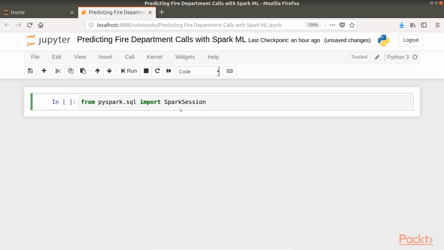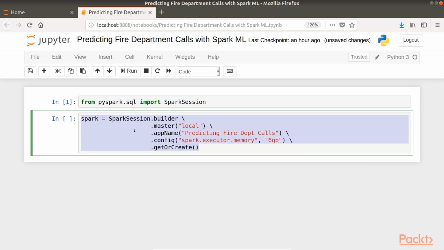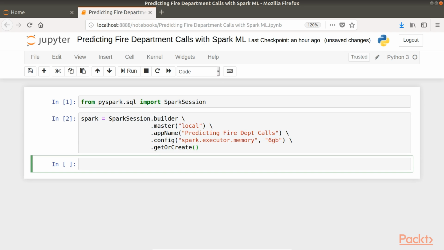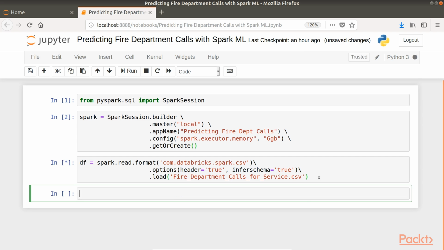First, we will import the dataset into Spark using this line of code. Then add these lines of code. After that, we will create a data frame called df using this code snippet. Here we will add options header equals true and inferSchema equals true. Finally, it is always ideal to run a script to show the data that has been imported into Spark through the data frame to confirm that the data has made its way through.